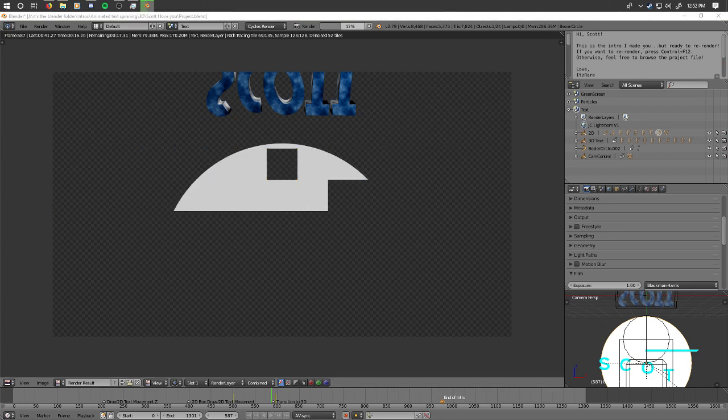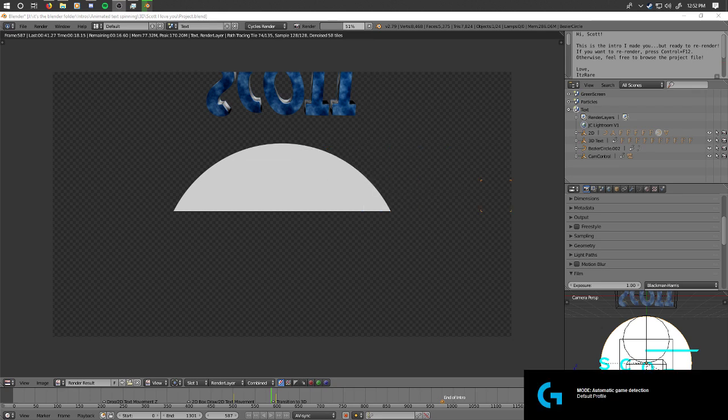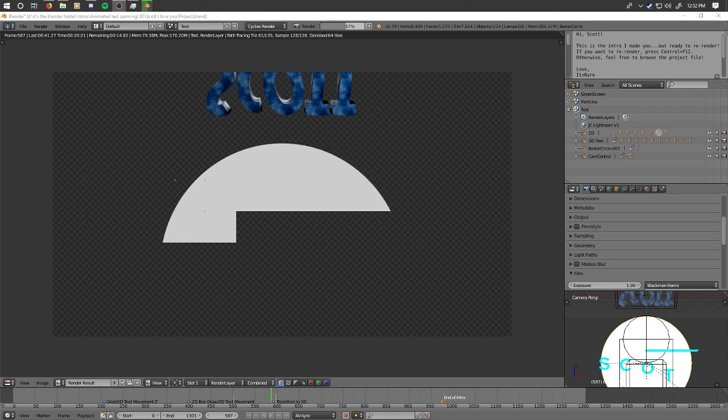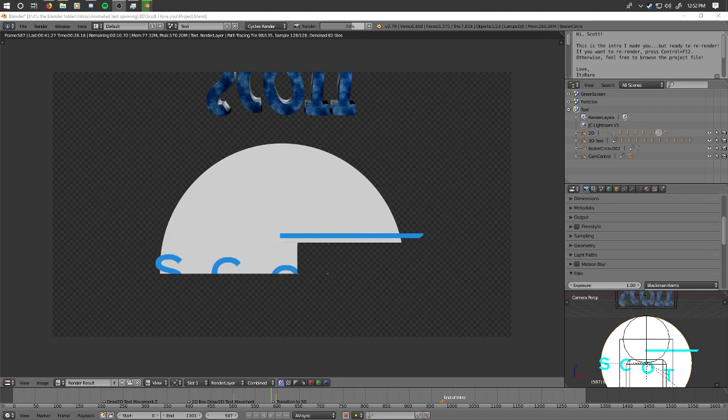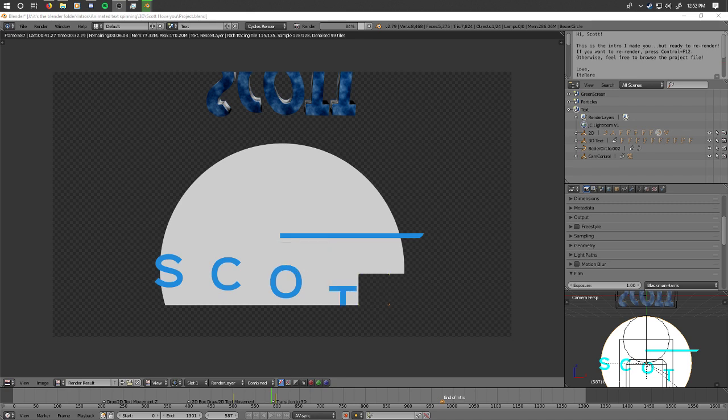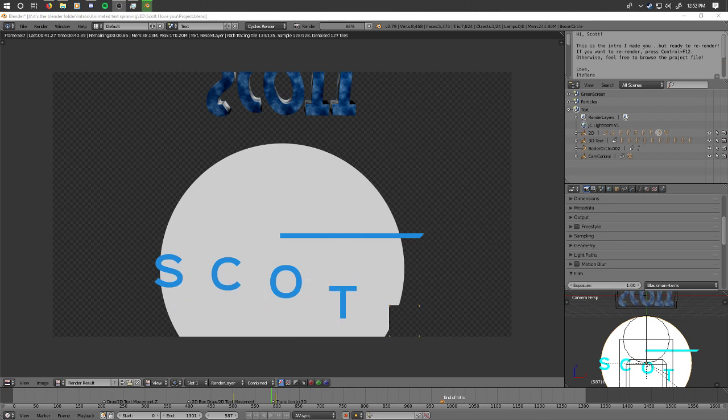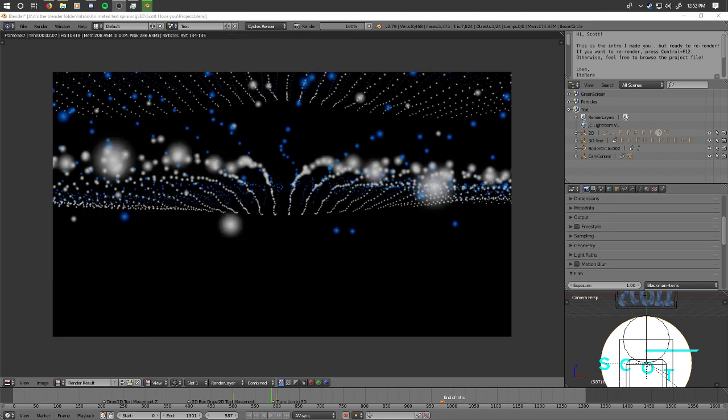Hold on one second. Alright, sorry about that. I love how this actually follows a sort of curve there. It does follow the curve, sort of.